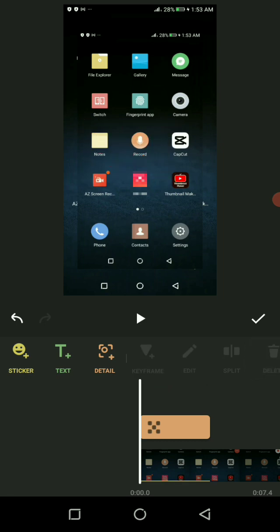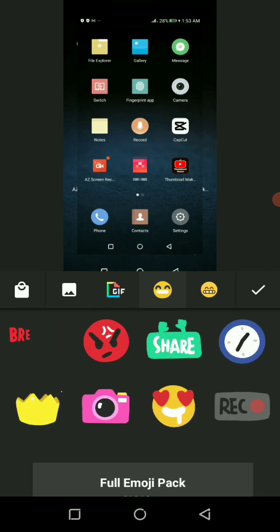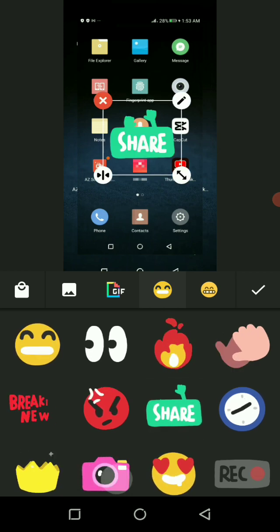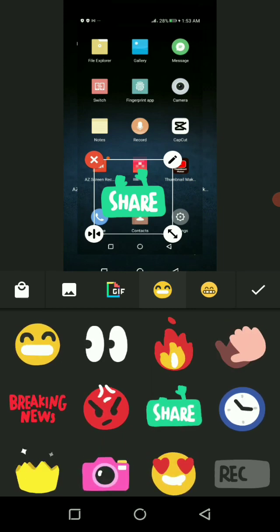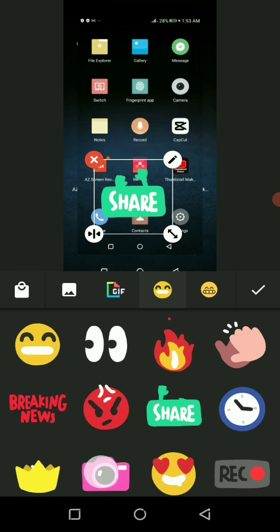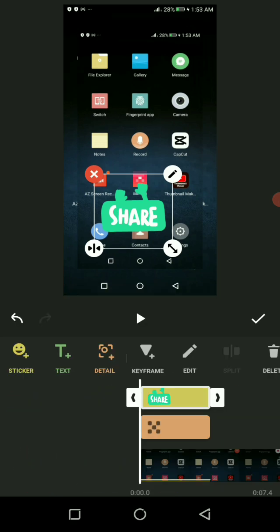If you want to change it, go to the sticker again. You can put something like share, for example. So I may not be good when it comes to video editing, but I'm just showing you exactly what you need to know if you want to start editing your video. So you can also edit more than I do. So let's go back,